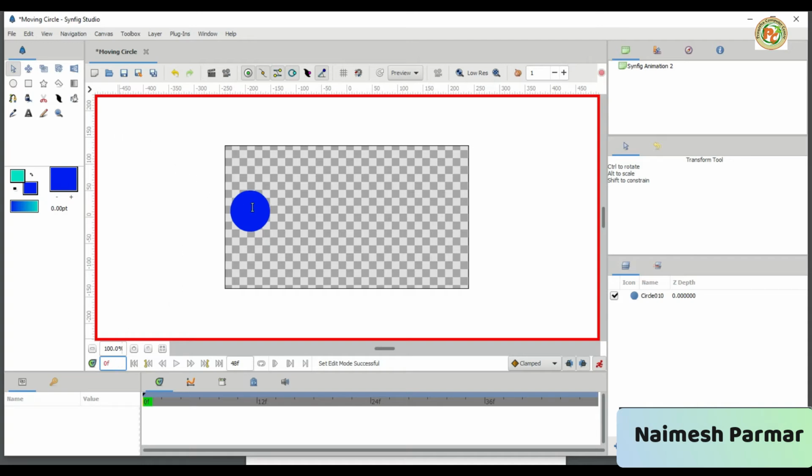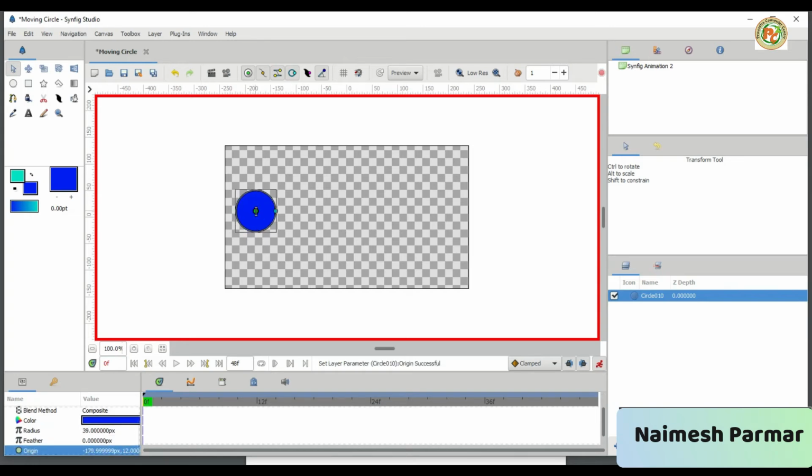Now we have to move the circle once, because we will keep positioning it at a specific position. Our first position will start from here. Now we want to move the circle to the right side, and we have assigned 2 seconds for that. So come here, type 2s, and press enter. It directly moved 48 frames. Why? Because 0 to 24, 24 to 48 frames.